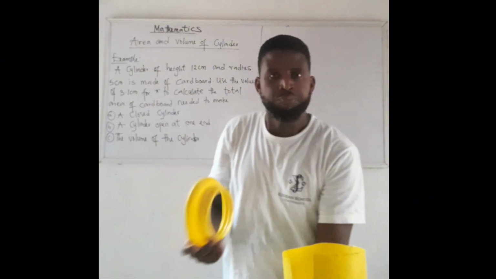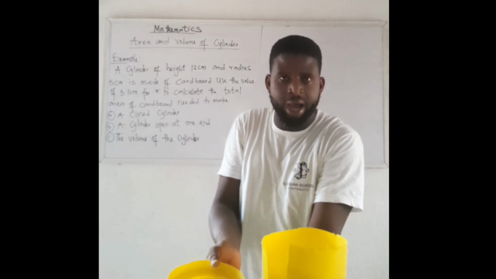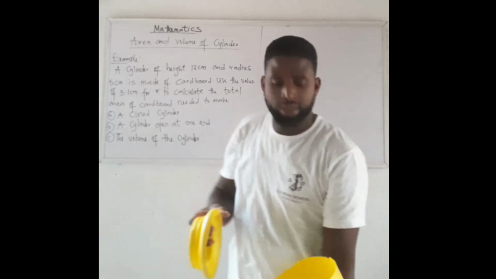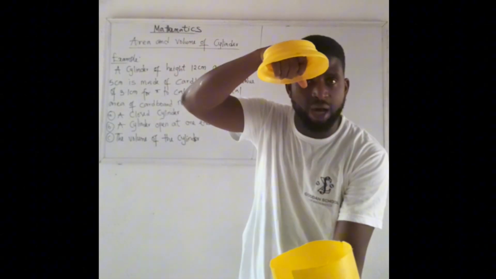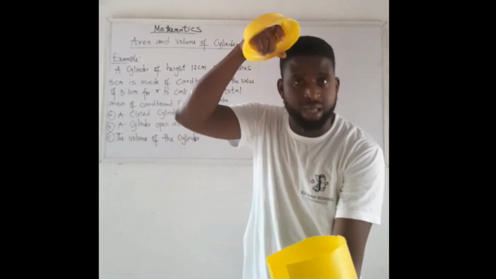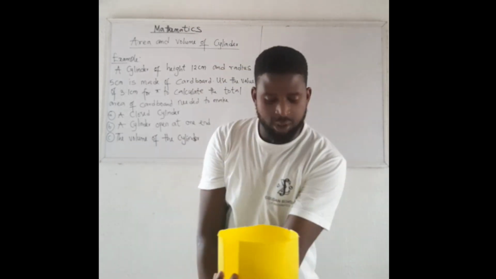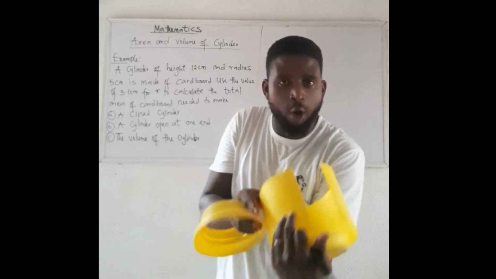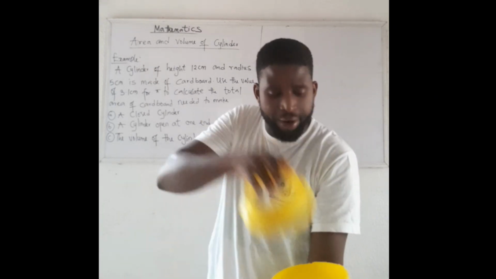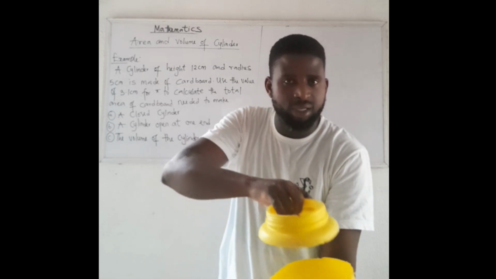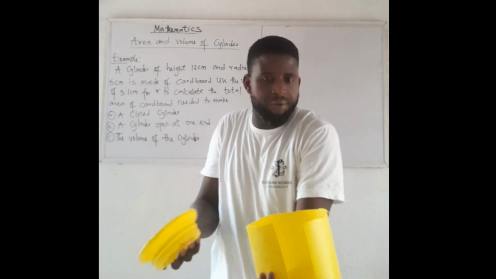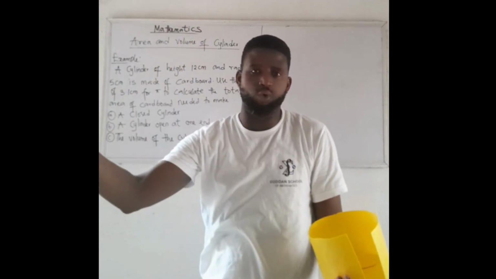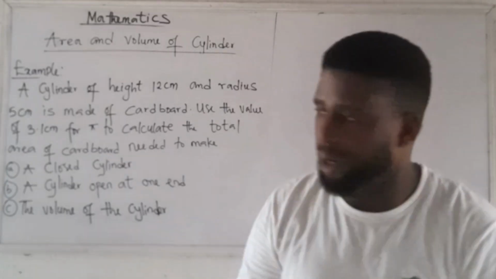So it means that if I'm going to find the surface area of a closed cylinder, it simply means the area of the top circular surface, plus the area of the base circular surface, plus the area of the curved surface. That's the total surface area of a closed cylinder. Now, the total surface area of an open cylinder will not have one of the circles, right? So, it simply means